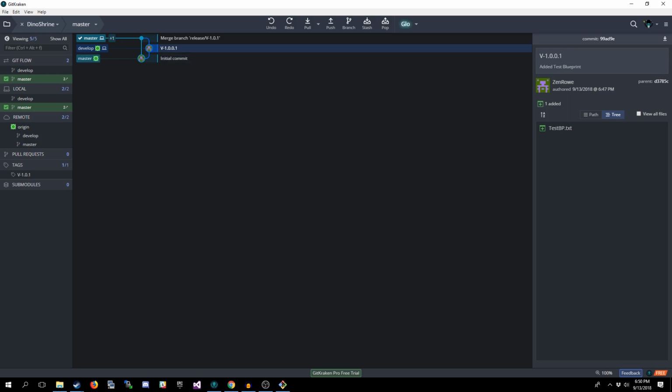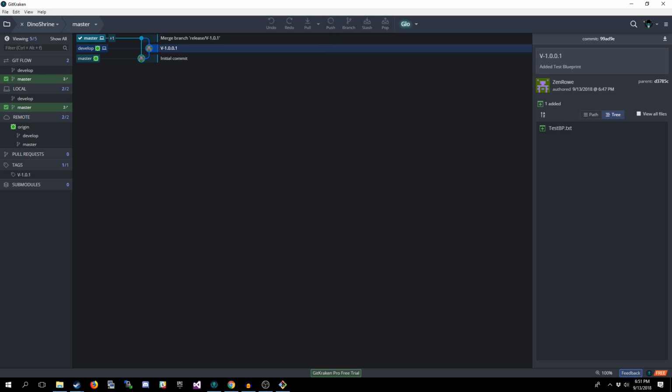So now you can see we've got our master down here. Okay, this is the remote. That's what this is, the origin. But we've got our master up here, and it's been tagged as well with version 1.0.1. Now this is local. So locally, our master branch has merged in the changes from our develop branch. Okay, that release branch that was made before, that was deleted after the merge.